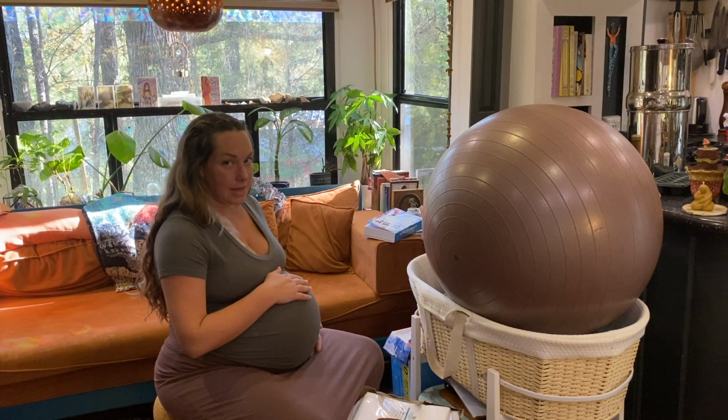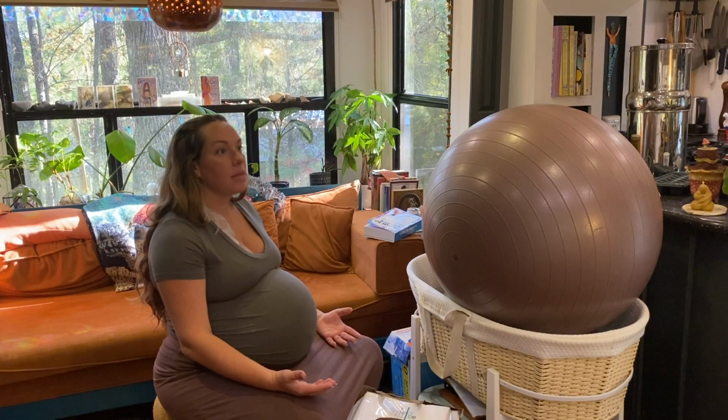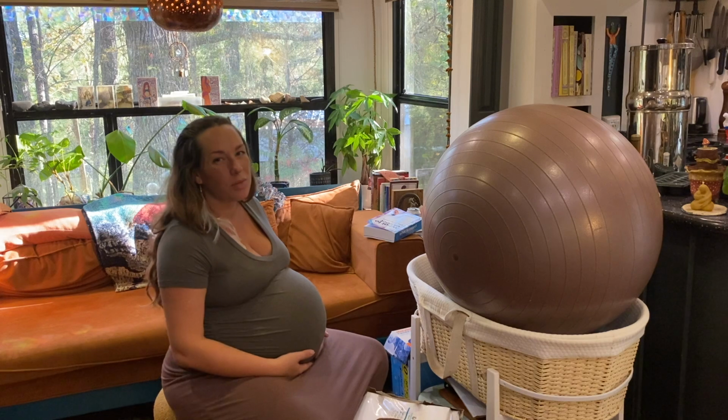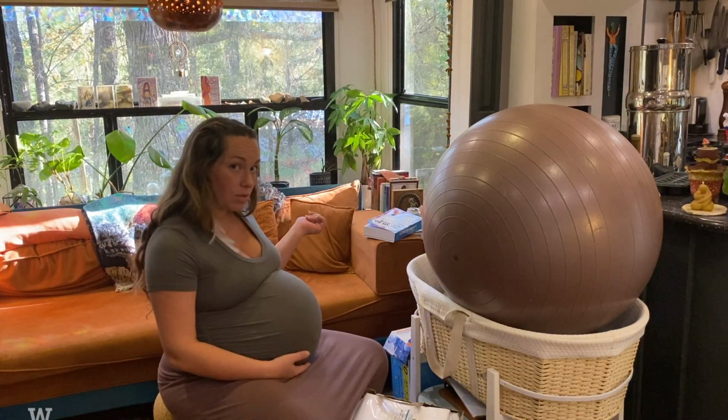It's just another thing that takes up space right now. I really just have the birthing pool, but I don't have a specific vision or hope for having the baby in the pool. It's more that I'd like to have it as a chill out moment, to let myself relax a little bit if contractions get super intense and I hit that point where I want to get in the pool. If it happens in the pool, it happens in the pool, but my plan is to have my couch covered with a waterproof blanket,